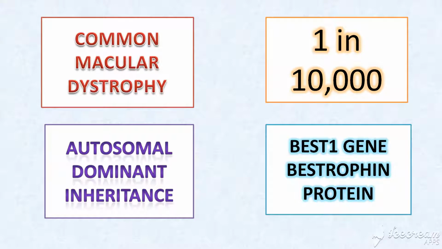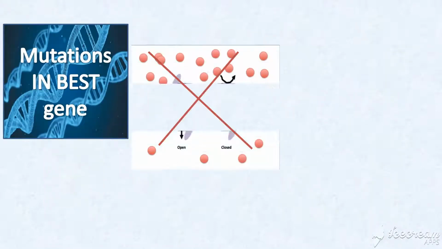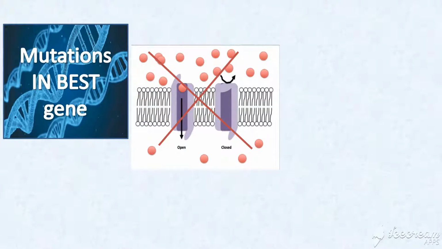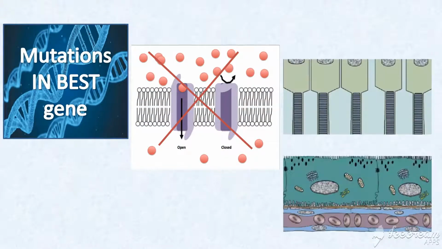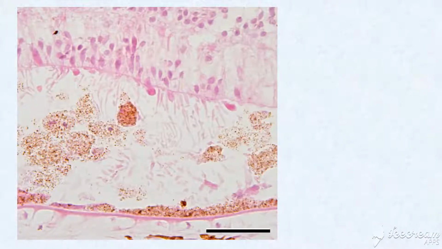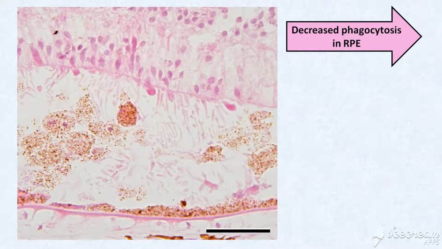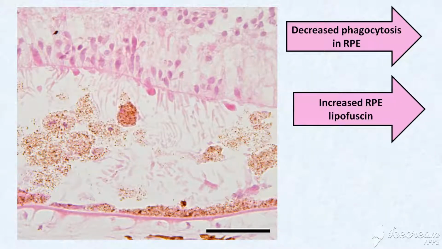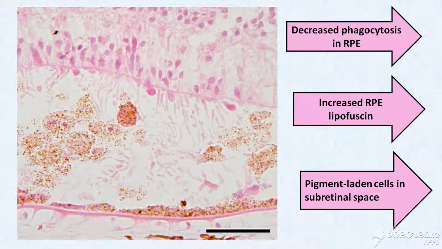protein. The normal function of bestrophin appears to be regulation of the ionic milieu in the retinal pigment epithelium and the subretinal space. Hence, mutations in the gene can cause impaired ionic flow across the retinal pigment epithelium and alterations in the adhesiveness between the RPE and the interphotoreceptor matrix. It also causes decreased phagocytosis and hence increased RPE lipofuscin and accumulation of pigment-laden cells and material in the subretinal